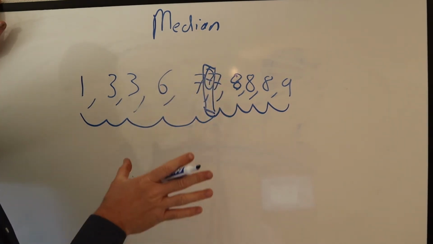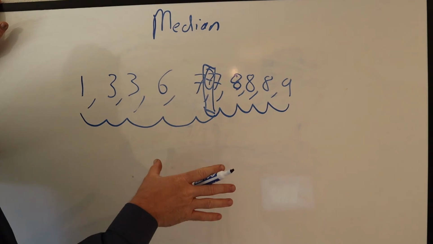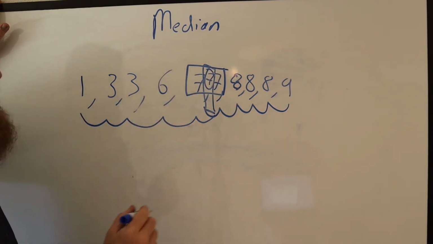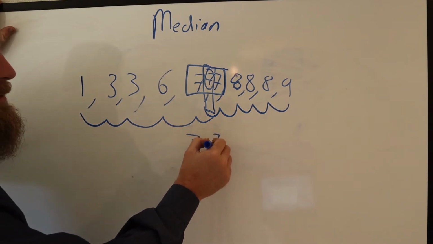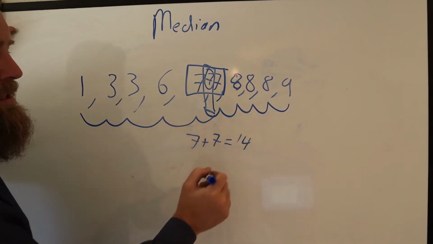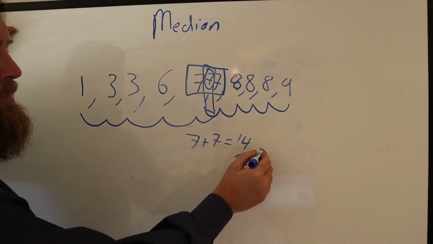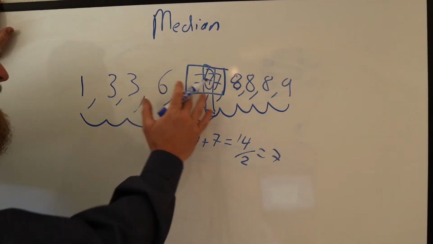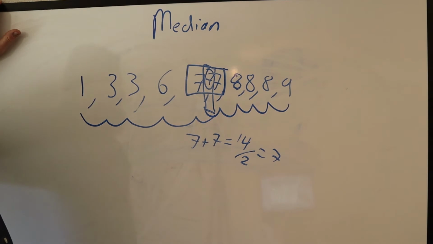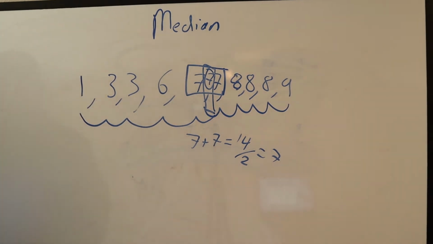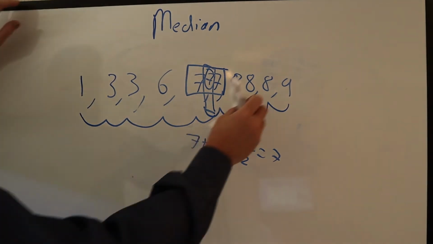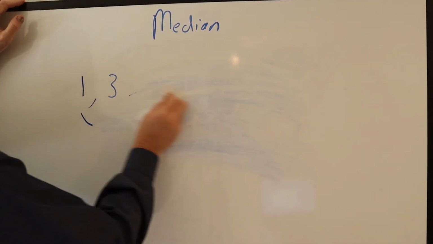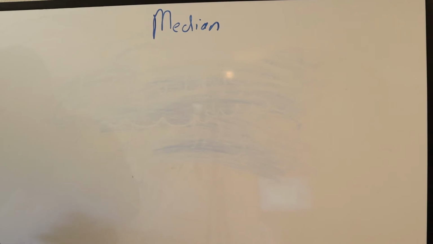If you have an even number, then you take the 2 middle scores, 7 plus 7, 14, and you divide that by 2. 7. Pretty simple stuff, right? Again, it's not going to be the same way all the time. You might have a different distribution that has a different look to it. So I'll give you a different distribution where it's an even number of scores, and then you have to add the 2 numbers up and figure out